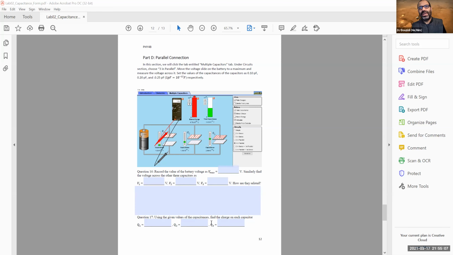Using the given values of the capacitances, find the charge. Okay. Sorry, the capacitances now are slightly different. No, they are the same numbers as before. So it's good. So now we have the voltage, which is 1.5, and we have the capacitance, which is 1 times 10 to the negative 13. So now you have C times V again. Plug in the number in here, plug in the number in here, plug in the number in here, and you should find different charges. They have the same voltages, but different capacitances, so the Qs are not